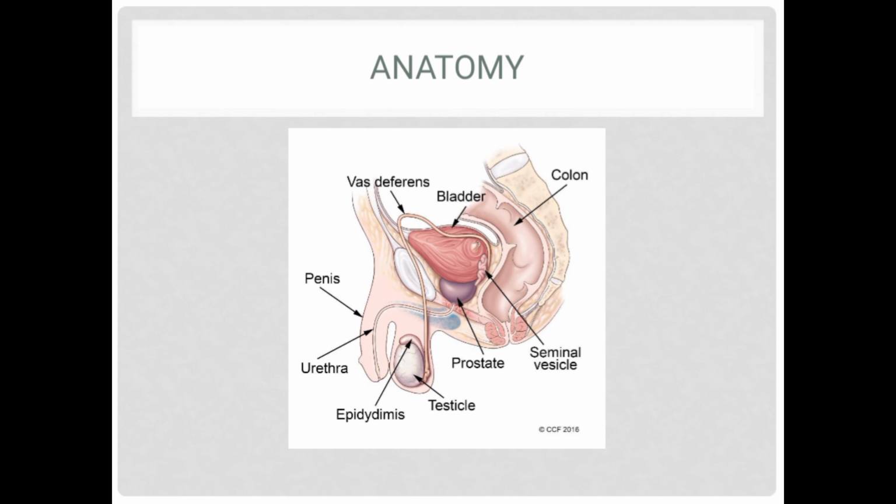Here the testis in the scrotum, attached to it the epididymis, and the epididymis passes through the vas deferens until the seminal vesicles attached to the bladder, in position in front of the prostate. Okay,